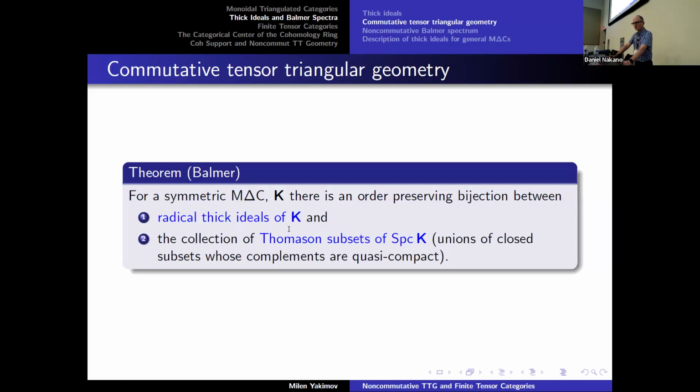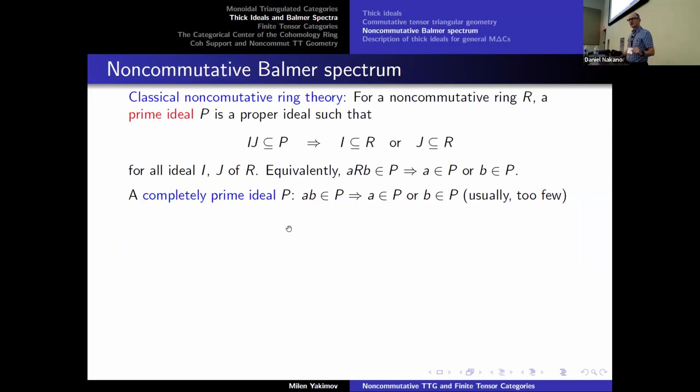Okay, so here is this fundamental theorem of Balmer, but lots of the categories that we want to deal with are intrinsically non-commutative. They're not symmetric, they're not even braided. So we have to have a version of something like this that would allow us to deal with various sorts of support theory for these other categories that are intrinsically non-commutative. And the first step is